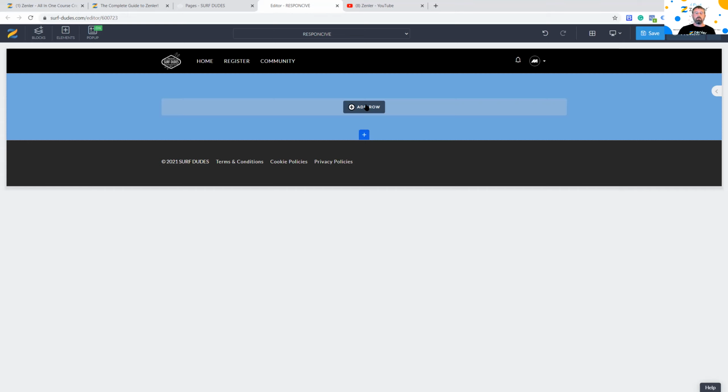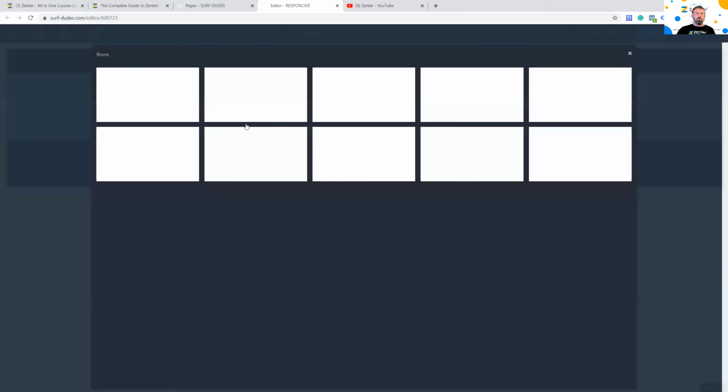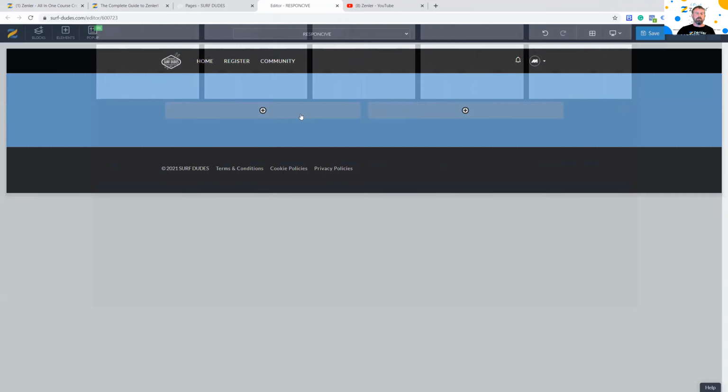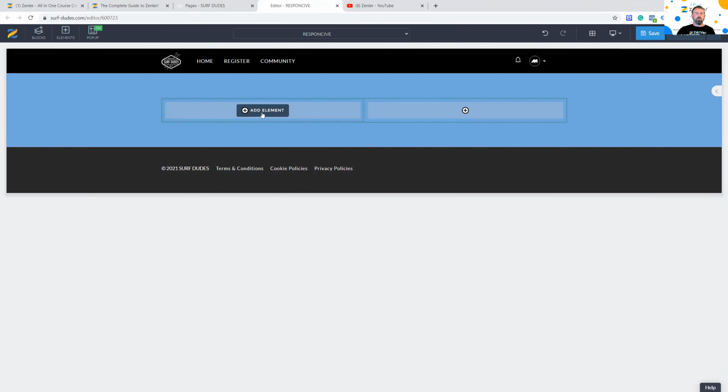You might want to have two rows, and put a background image in one of the rows. If you do it on one row, it's going to apply across the whole lot. But if you put a row in a row, then you can put an image inside that row as a background image. So that's the reason you might want to put rows inside rows. So let's click a standard row of 2, just for simplicity here. Now that I've got that done, I can add an element.